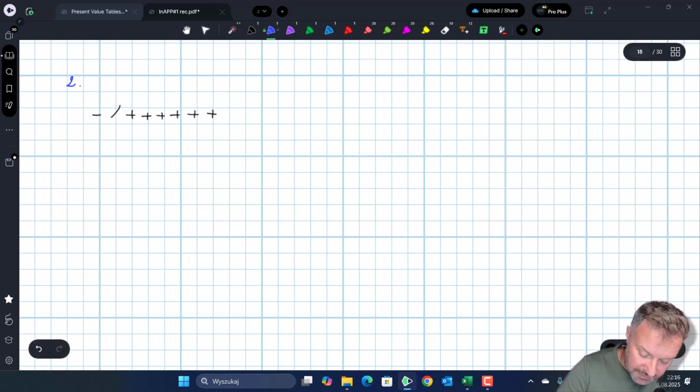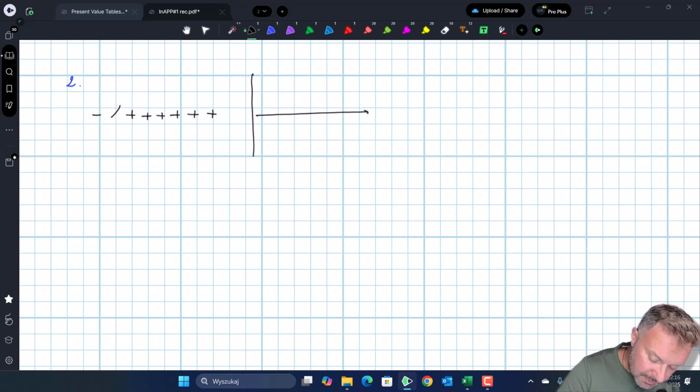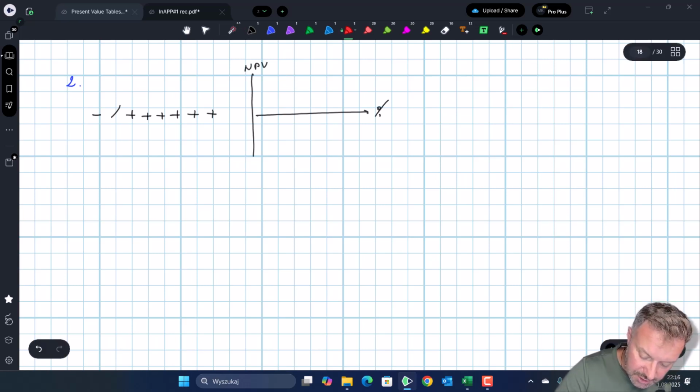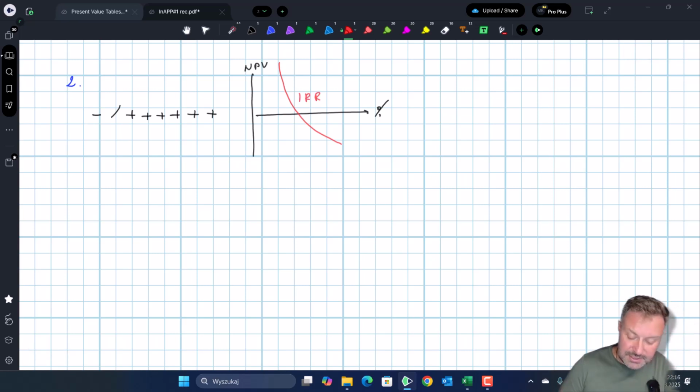For such projects, the relationship between NPV and the cost of capital is going to look like that. So we're just going to have one internal rate of return, and the economic interpretation of this internal rate of return is very simple. If the cost of capital is lower than the internal rate of return, then obviously you've got an NPV positive